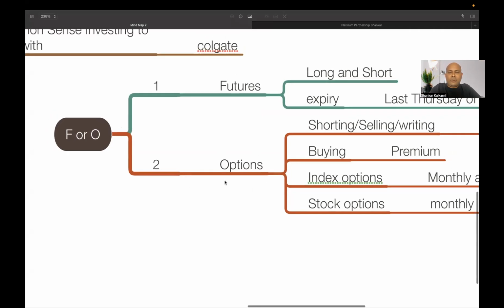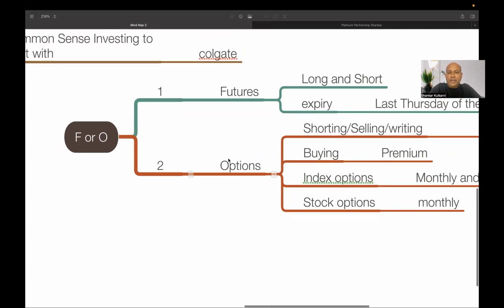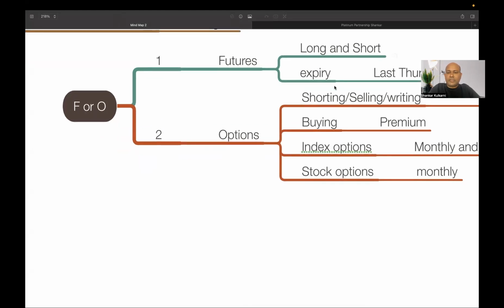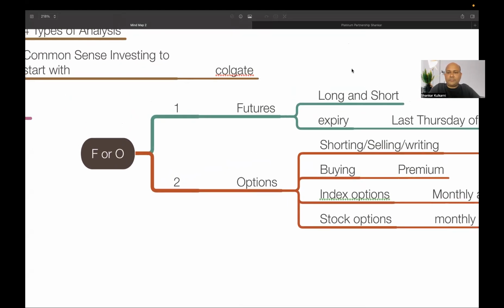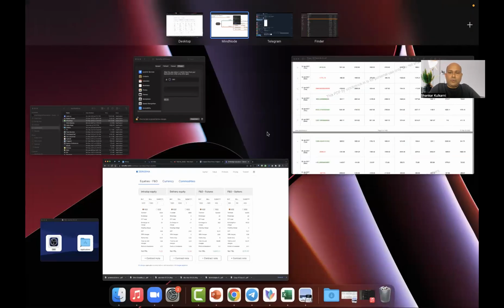Coming back to our trading, when you are buying options, you need lesser money, again based on the strike price that you are selecting. But in futures, you need slightly higher money: 3 lakhs, 4 lakhs, 5 lakhs. That's how much you will need. Give me a stock name, I'll show you how much money you need. SBI. Okay, let's go to